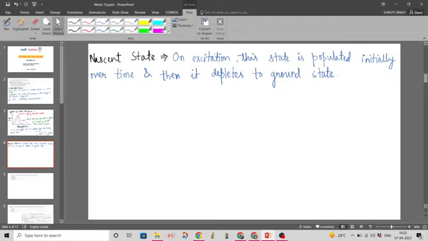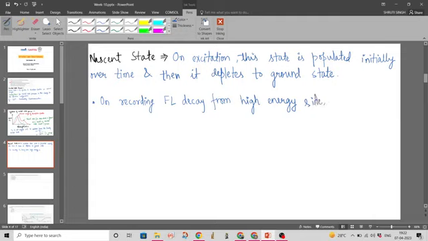So the fluorescence decay at the high energy side, that is the blue end,